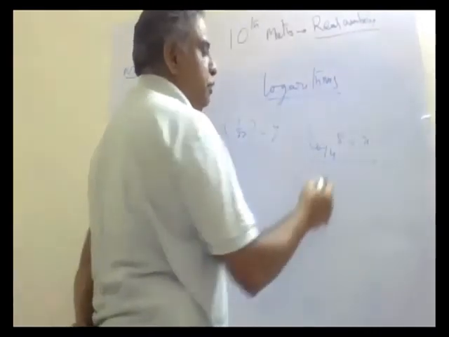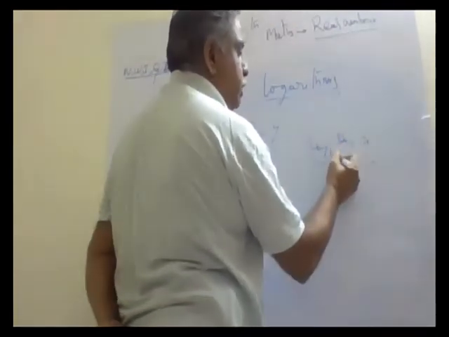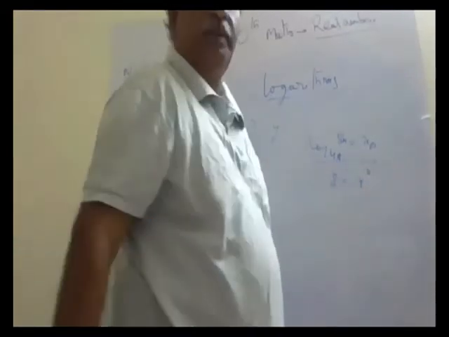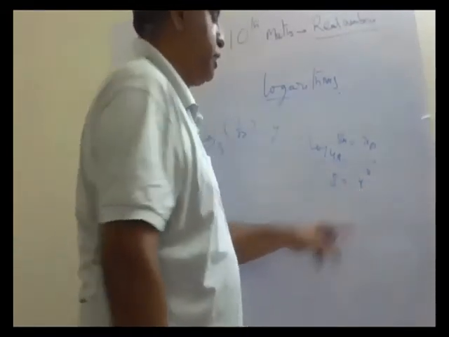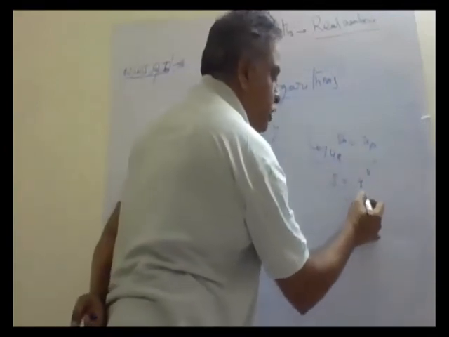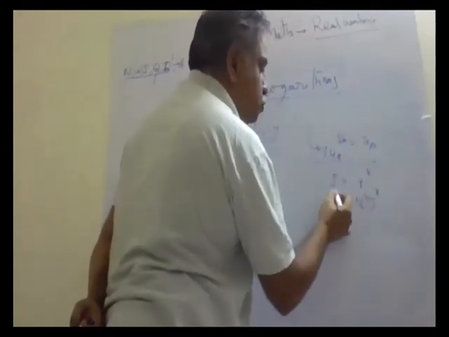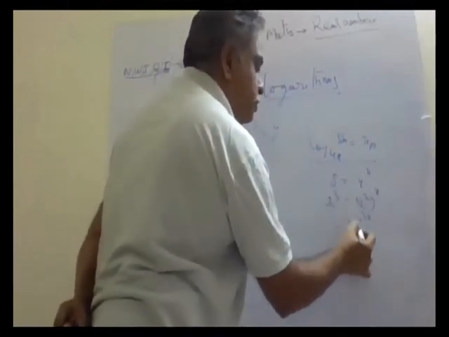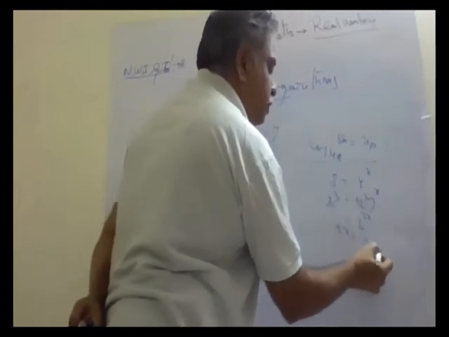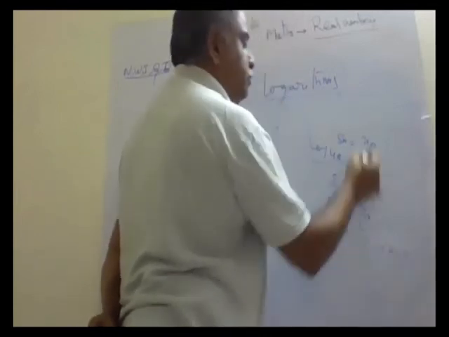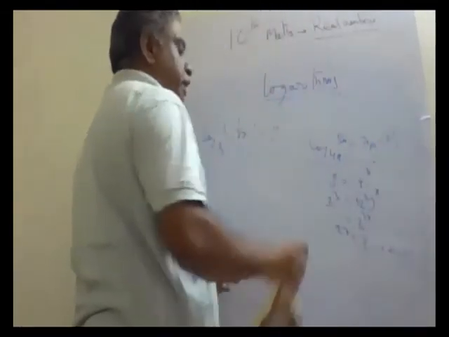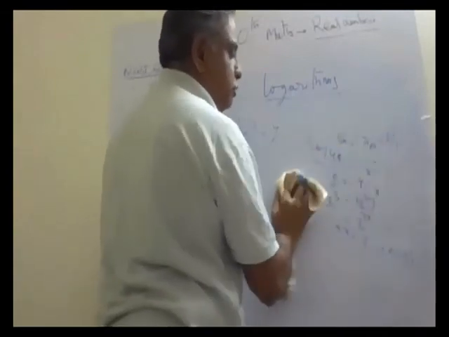So this is simple. This is main, this is base, this is power. So 8 is equal to 4 to the power of x. Now 4 is 2 square, and 8 is 2 cube. So this becomes 2 to the power of 2x, equal to 2 cube. That means 2x is equal to 3, since both bases are the same. That means x is equal to 3 by 2. So we can find out x, and we can write it in the logarithmic form also.